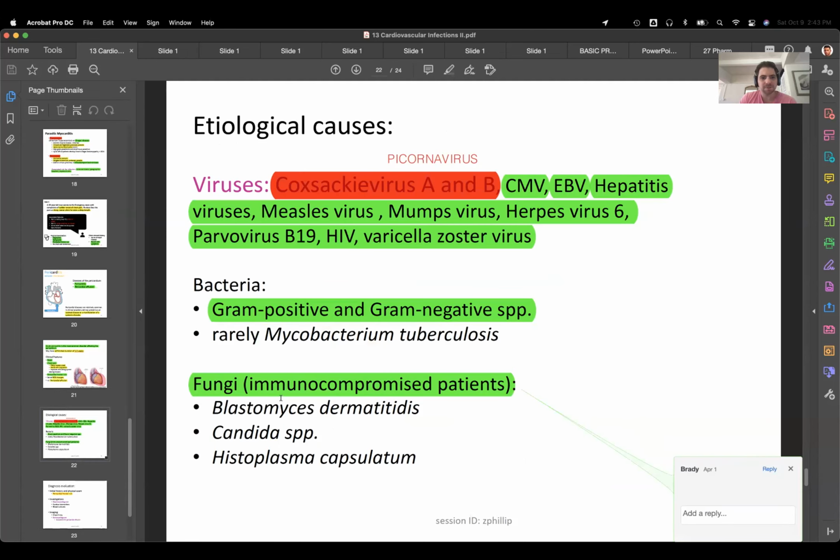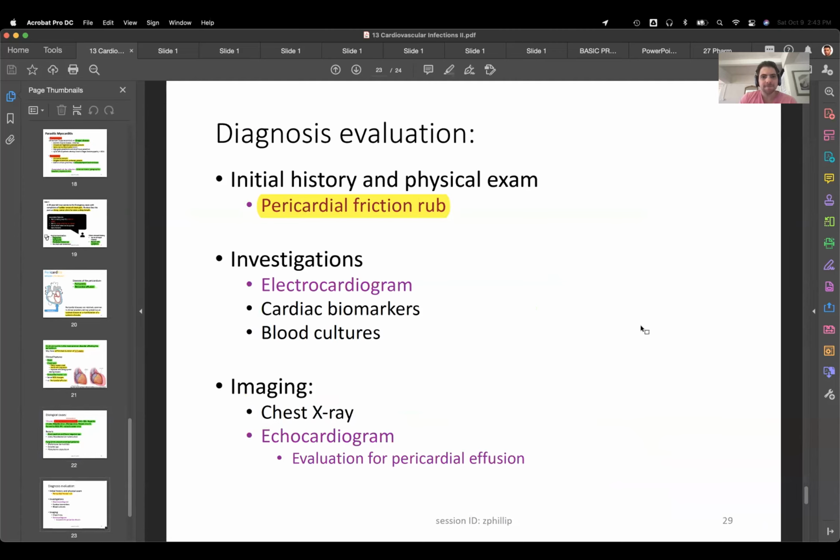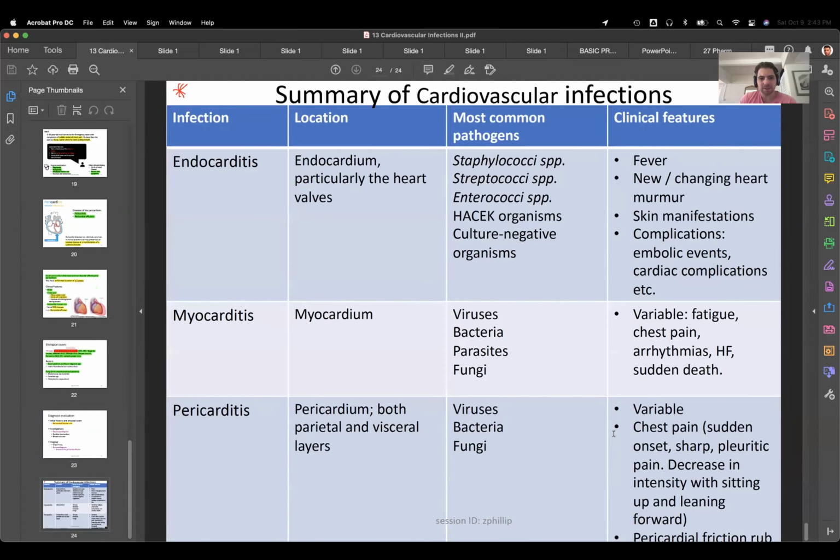Even some immunocompromised, some fungi and stuff. All right, and then here would be a good summary slide for everything. All right, cool. Now,